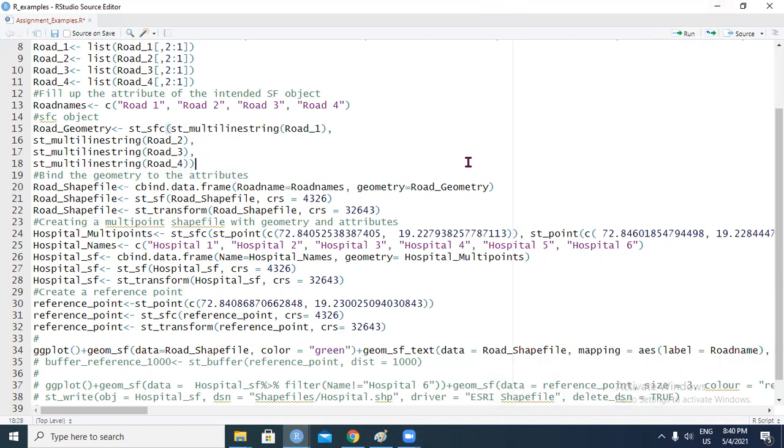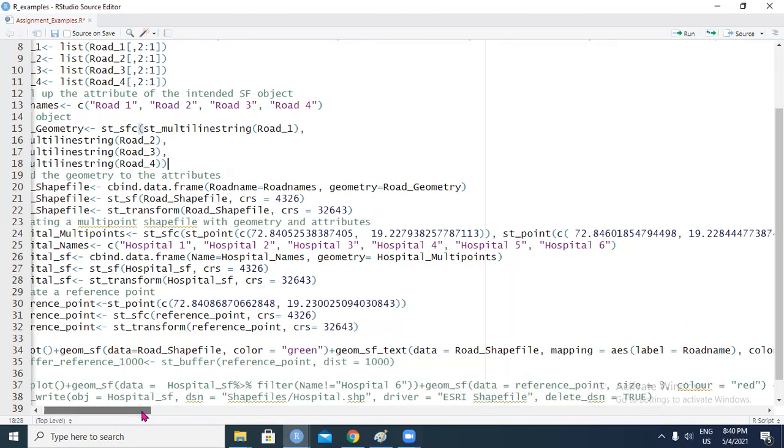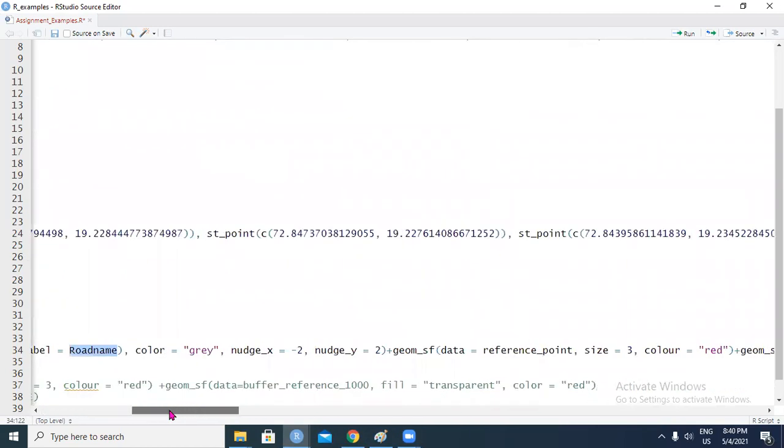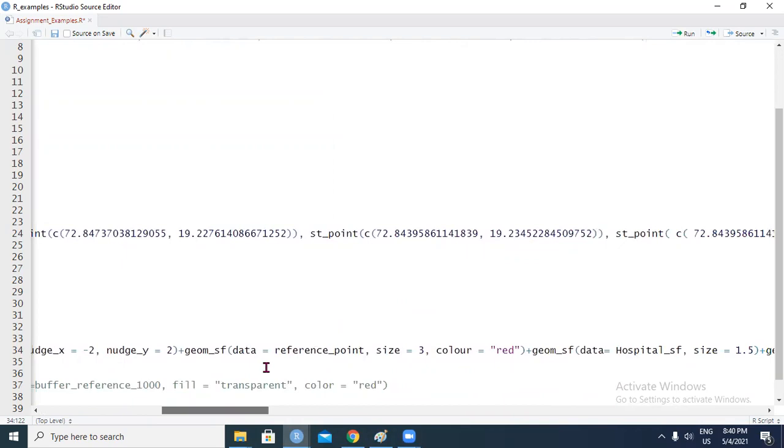I just want to plot the shapefile. Okay, of course I'll give it a text over here. In the aesthetics, I make the label as road name so that I can see it. Color is gray. I do a little bit of nudge so that it shifts the position of the text and doesn't overlap with the point.